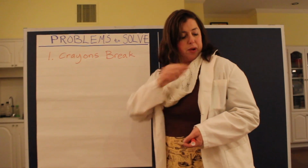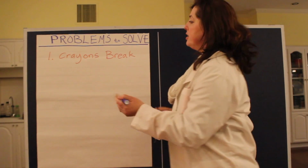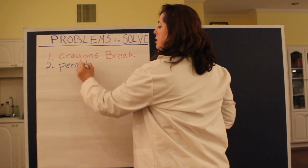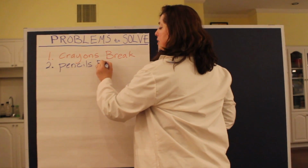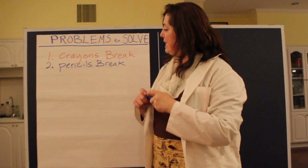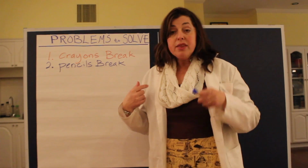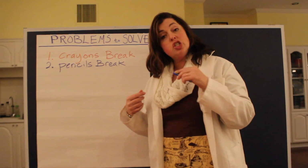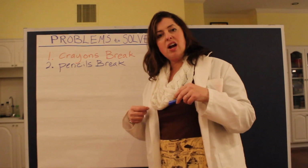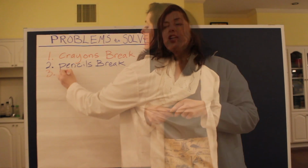Sometimes my pencil breaks. I'm going to use another color because I like to alternate my colors. Pencils break. And my awesome group of daisies, they were saying, sometimes my pens break, and sometimes the color of my pencil, it starts off nice and dark, but as I keep writing, it fades, and then it's not as dark. And then someone in the group thought, need